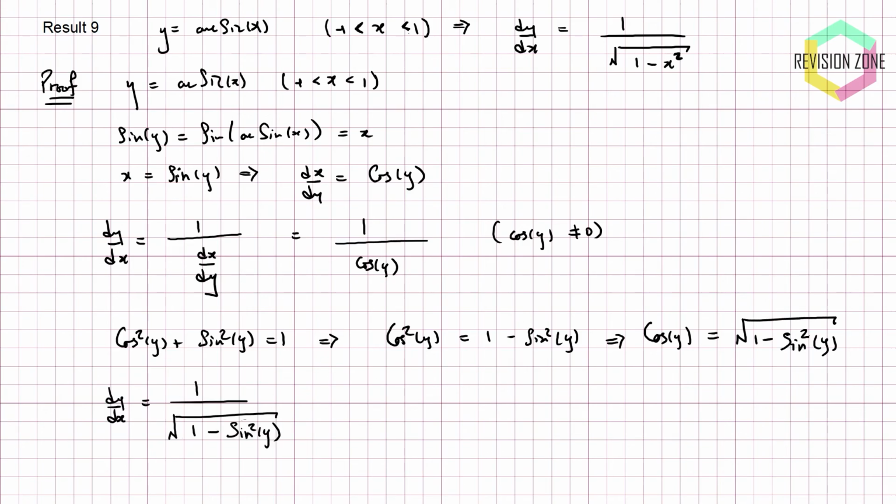So of course, upon doing that, we just end up with 1 over cos y being 1 over the square root of 1 minus sine squared y. So we know from the work we did earlier that sine y is actually just x. So we now come here and say that's the same thing as 1 over the square root of 1 minus x squared, and the whole thing is square rooted. And perhaps we will say that x has to be between minus 1 and 1,